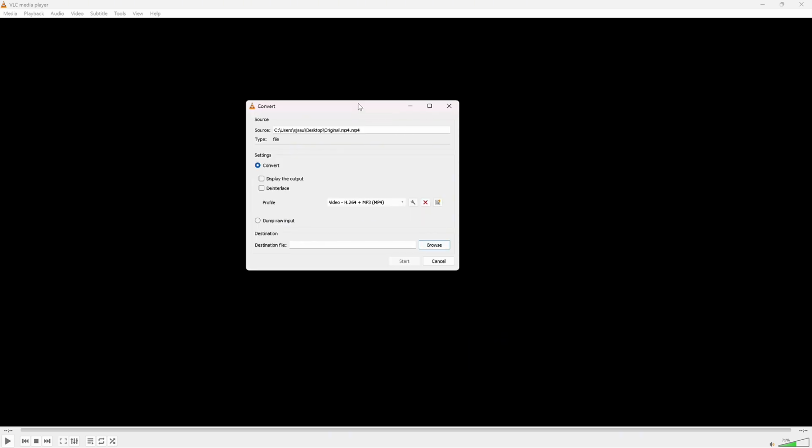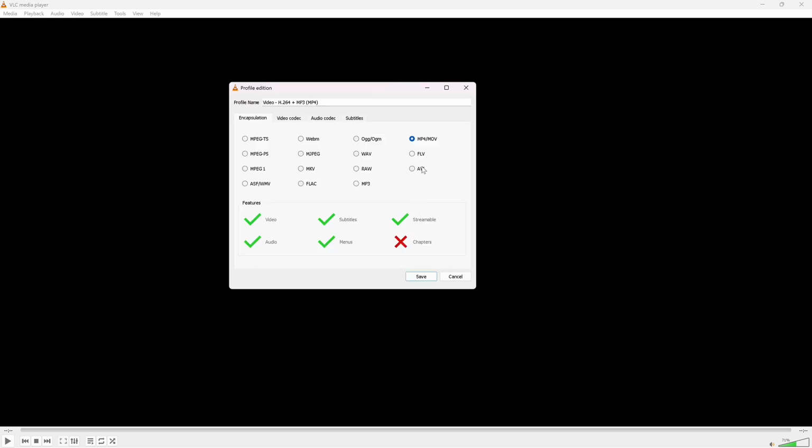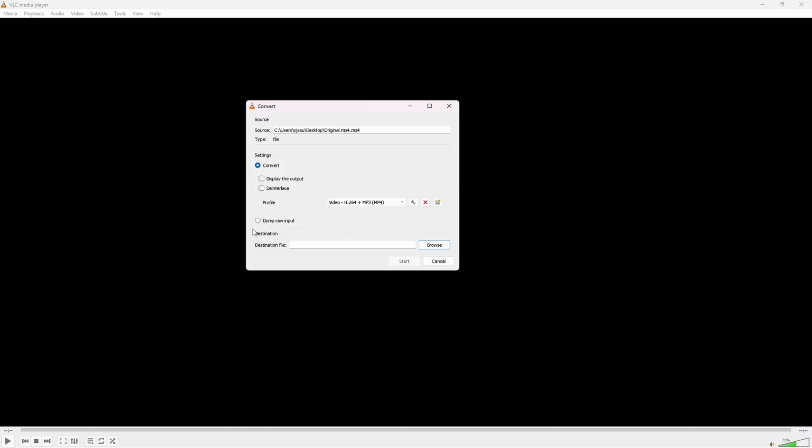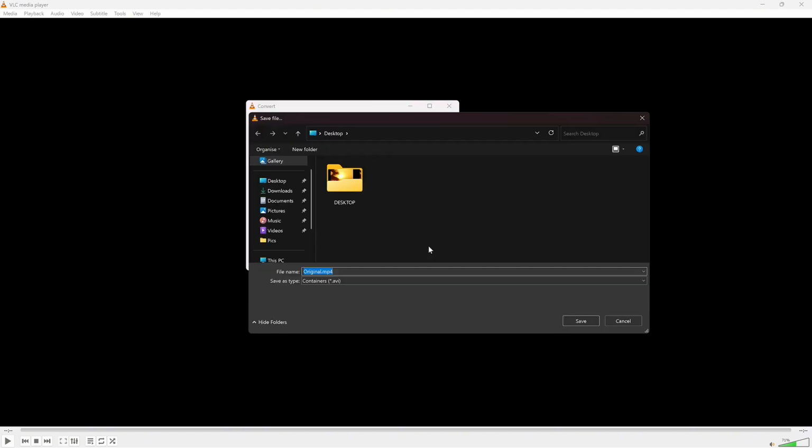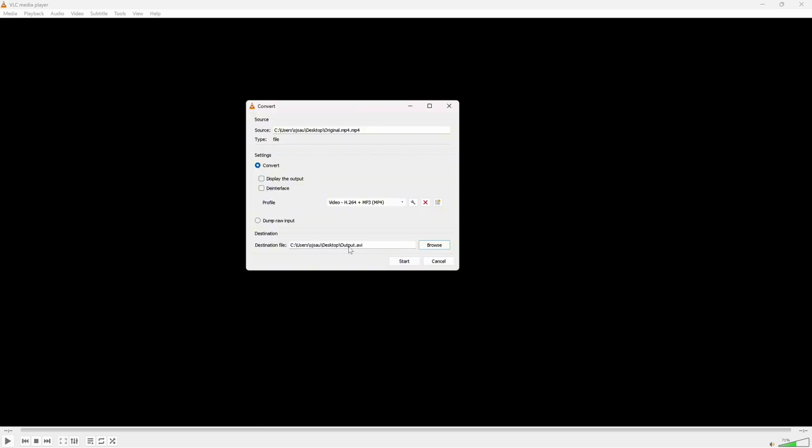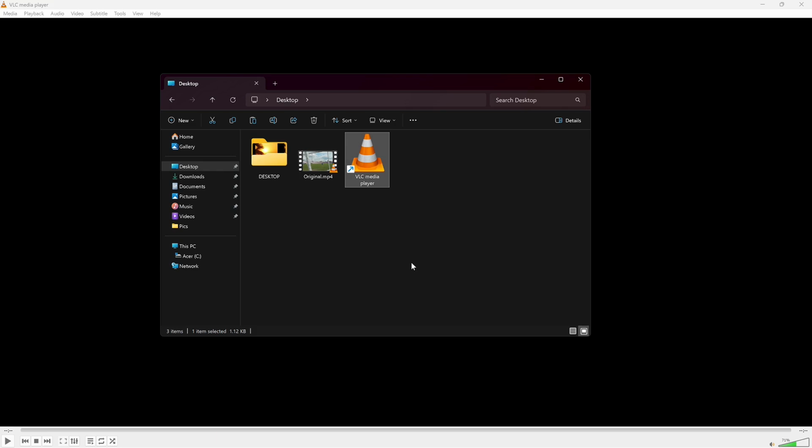Now once you get to this stage, click on this little wrench icon, and in here select AVI. Click Save, then under Destination, choose Browse, and then just rename the output file. So let's say I'll call it Output, click Save. As you can see now, it adds the extension output.avi. Click Start,